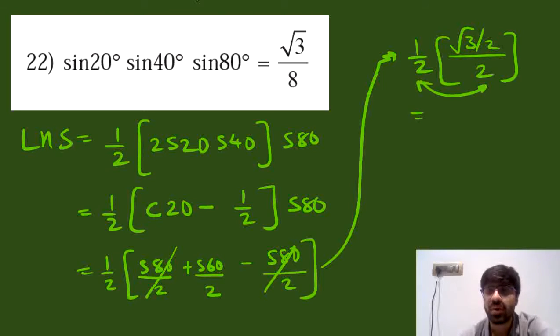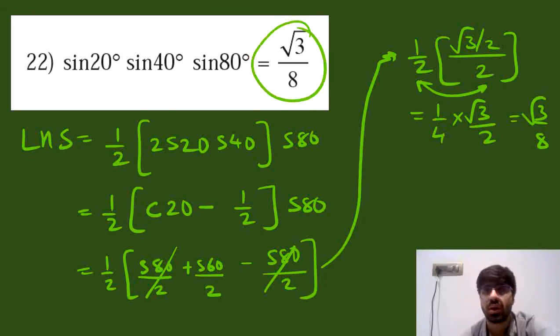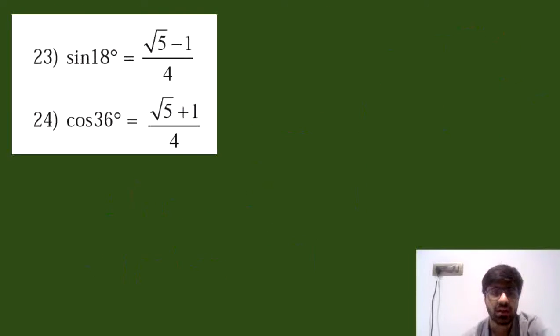And 4 into root 3 by 2, that would give us 1 upon 4 into root 3 by 2, that would give us root 3 upon root 3 by 2. That would give us root 3 upon 8, exactly the way we wanted it on our right hand side. So that is how we are proving the 22nd question, and we go ahead with the 23rd and 24th question